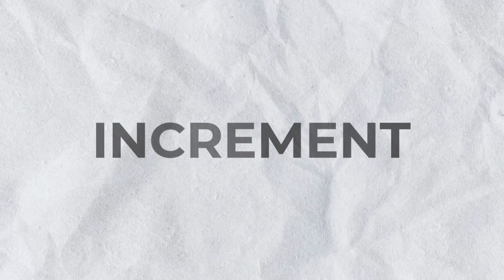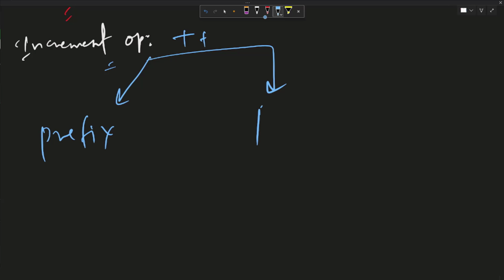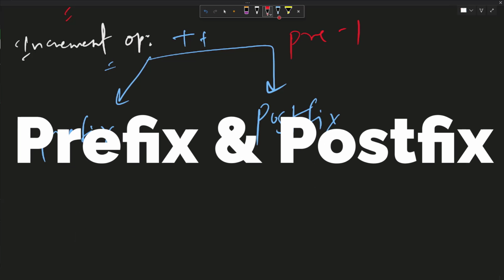Increment operator. This plus plus sign is used to increase the value of a variable by 1, and this operator is itself of two types. We can divide it into two types. The first one is prefix, second one is postfix. And pre means before